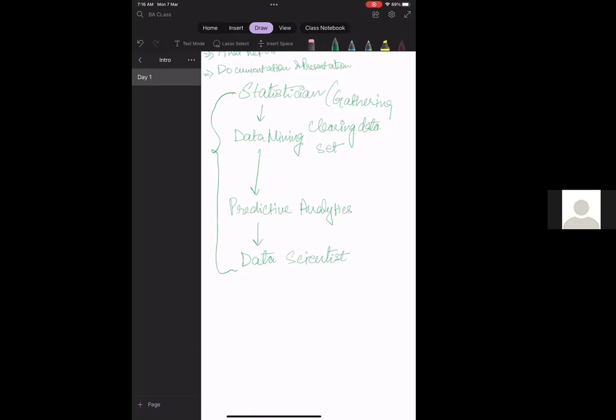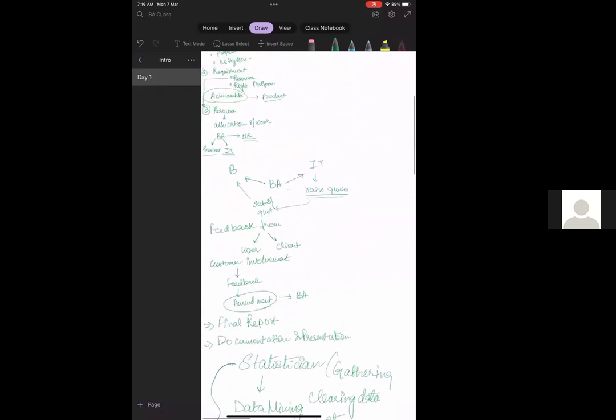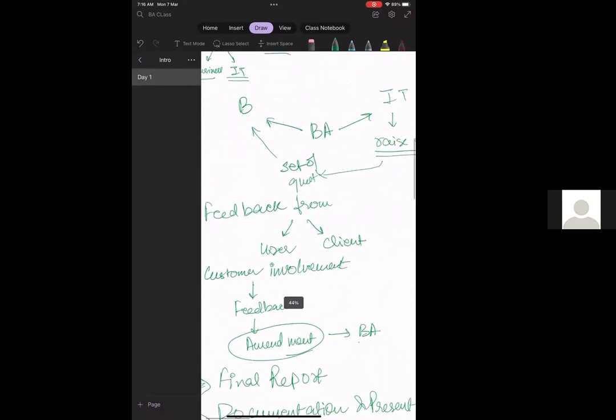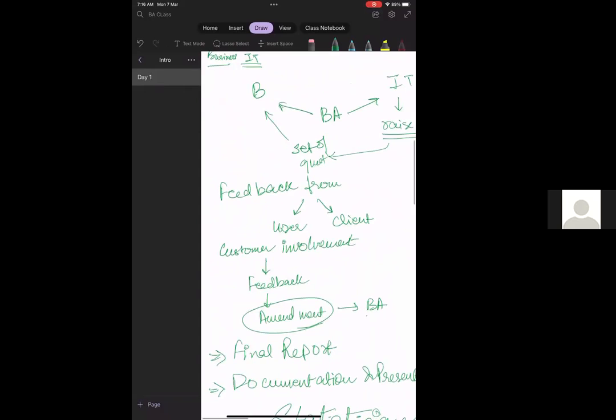Not really, because when I gave you an example of BA getting the feedback on this part, where the BA was actually taking feedback from the user. So suppose in order to give the client feedback, a survey was done by a BA.